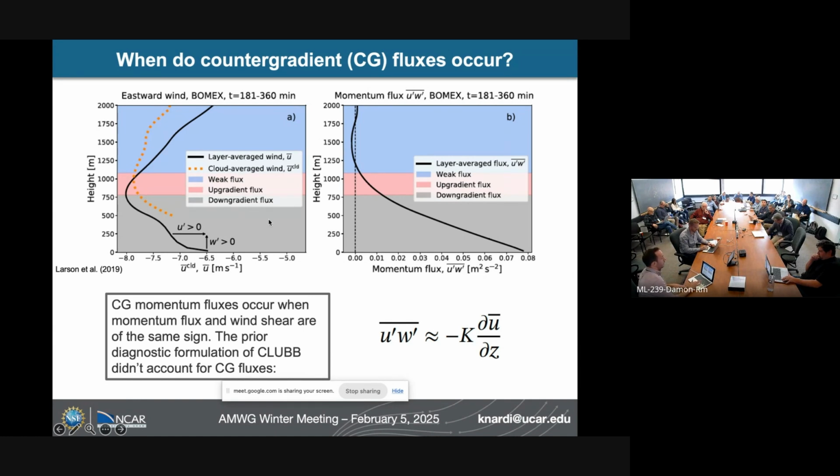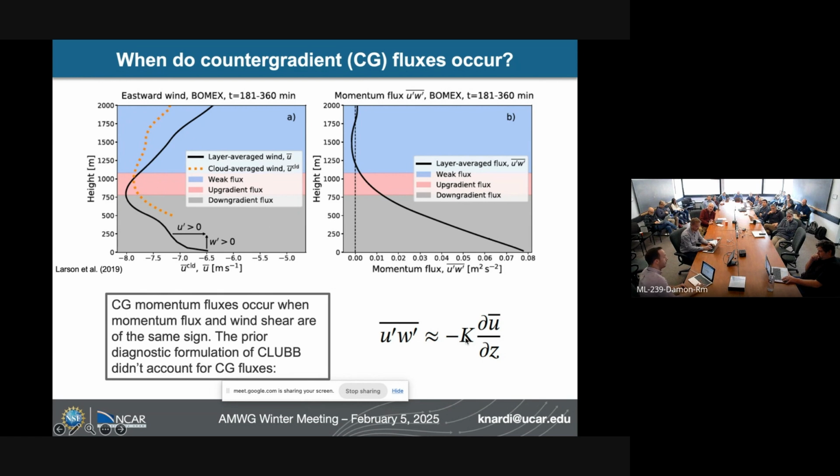So this is an example from Vince's 2019 paper. Countergradient momentum fluxes occur when momentum flux and vertical wind shear are of the same sign, and an example of that is shown here in the pink shading. With the previous version of CLUBB, which I'll call the diagnostic momentum flux formulation, we did not account for countergradient fluxes. We related momentum flux to wind shear with this coefficient K, which was assumed to be positive. Now with prognostic momentum flux, we're able to account for countergradient fluxes and essentially situations where this value of